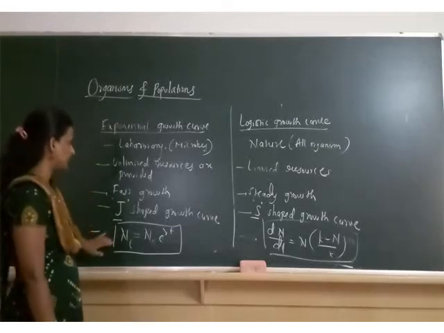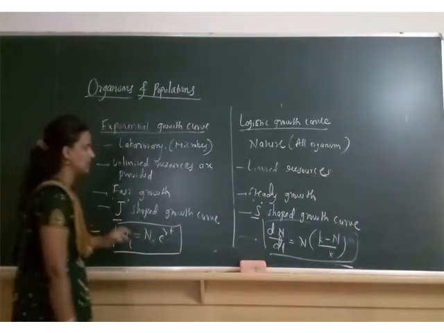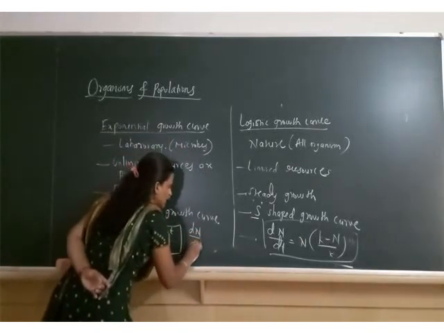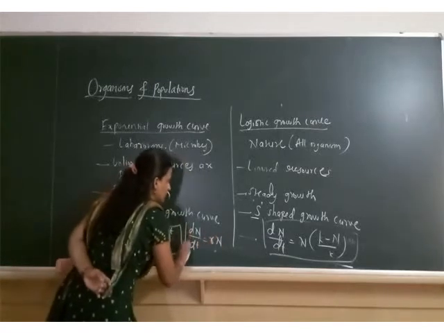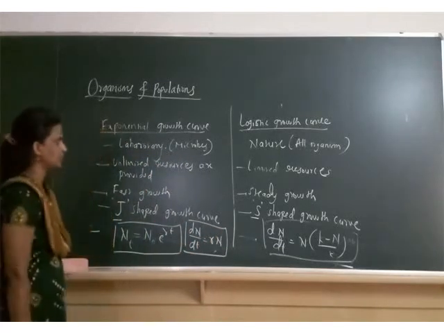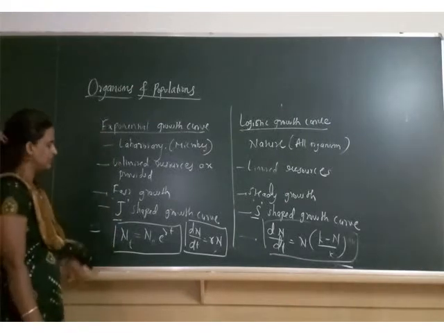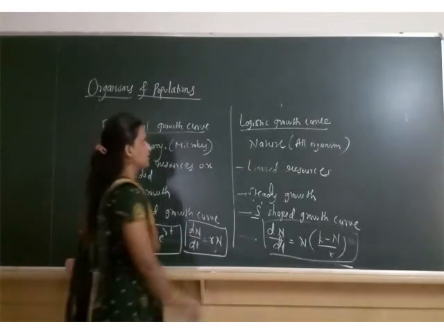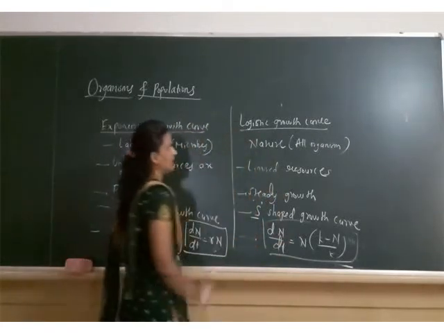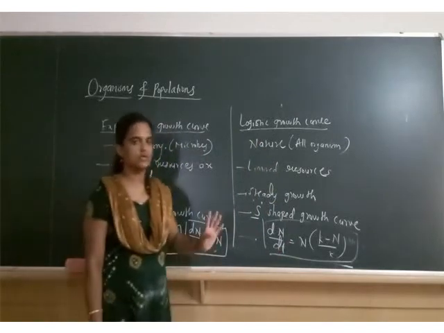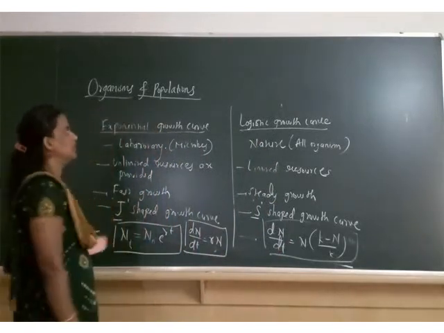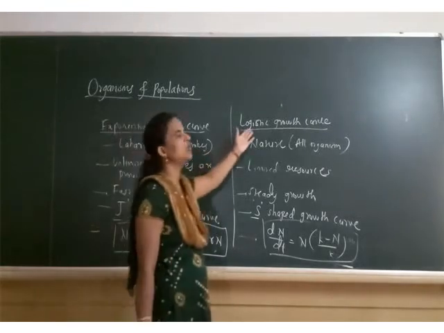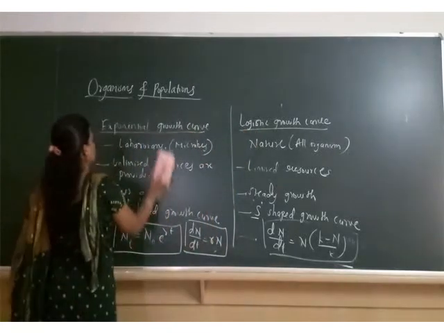One more mathematical expression is there here. What is that mathematical expression? One more simple expression, that is dN divided by dt is equal to rN. This is one more simple expression of the exponential growth curve. This is the simple expression of the exponential growth curve, and this is the mathematical expression of the logistic growth curve. In this way, we are explaining the exponential growth curve and the logistic growth curve. And which growth curve are we facing? Logistic growth curve. Okay. Next, we will start with the